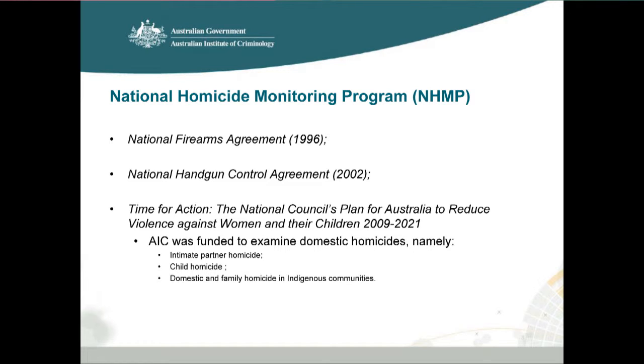In 1996, after the Port Arthur massacre, John Howard, many of you know, was elected and then came in with the National Firearms Agreement, which in effect was about buying back firearms in Australia. One of the key things about that was that homicide data and the levels of gun-related homicides were used as one of those key indicators of the extent to which that policy might or might not have had an impact in reducing firearm-related homicides. Certainly what we've shown is that firearm homicides are at an historical low. They've decreased quite significantly since 1996.